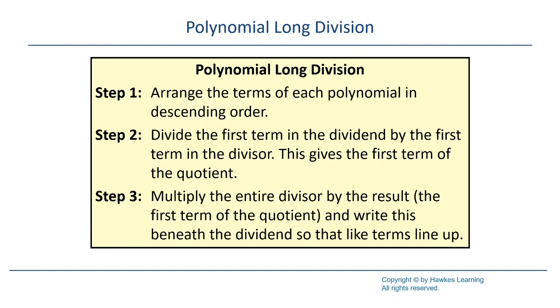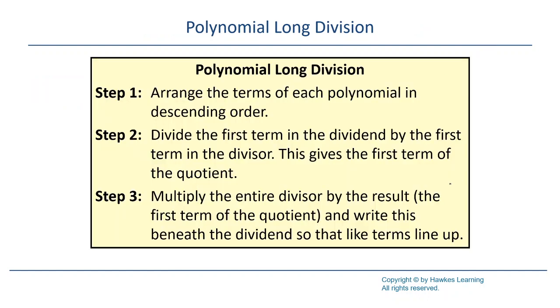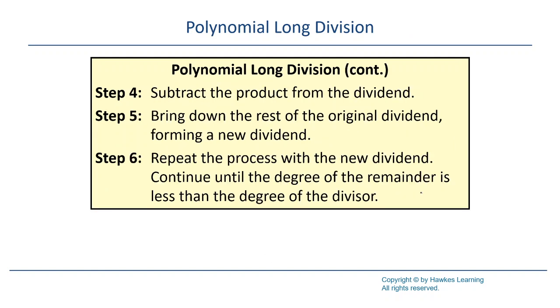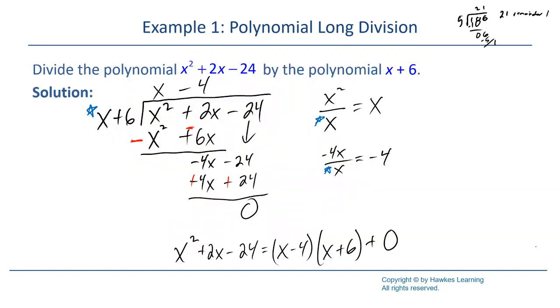Then you divide the first term in the dividend by the first term in the divisor, and that gets you the first term of the quotient. That was what I was doing here. First term, first term. And then you multiply the entire divisor by the result, and then write it beneath the dividend, subtract the product from the dividend, and like I said, make sure you distribute the negative to all the terms. If you have 7 terms, then you distribute that negative to all 7. Bring down the rest, rinse and repeat until finally you get down to, well, notice the reason I stopped here